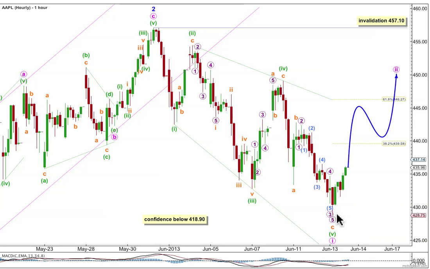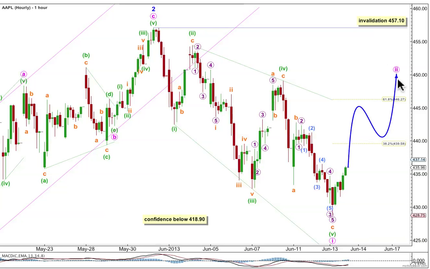Following a leading diagonal in a first wave position, the second wave is usually quite deep, so I'll expect minute wave 2 to probably be deeper than 0.618, the length of minute wave 1, and so to reach 446.27. It's probably going to be a zigzag. That's the most common structure for a second wave, especially when they are deep corrections, and it's probably going to take a few days, maybe even a week. Minute wave 2 may not move beyond the start of 1 above